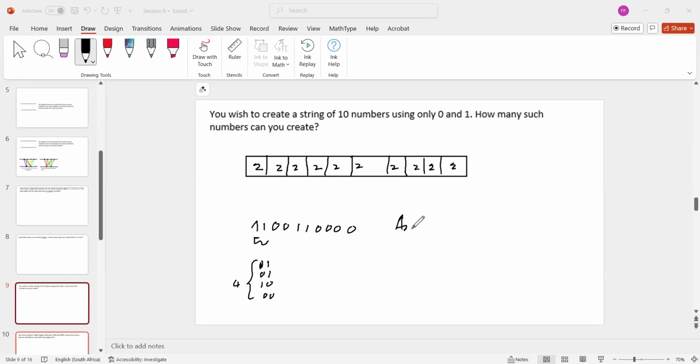So the answer is actually 2 multiplied by itself 10 times. And you know what that is, 2 to the power of 10. I don't know how many of you know what this is, but it's 1024. So the 1024